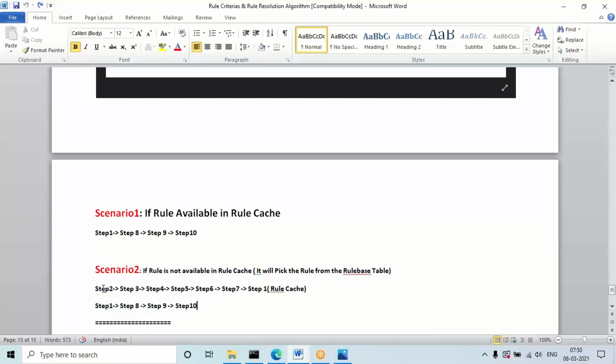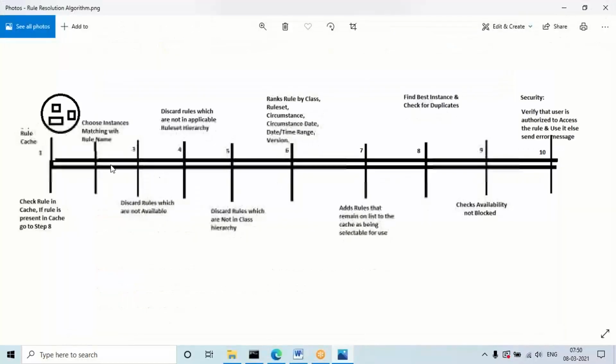So once again, first of all it will find the best rule. Sometimes I can give the same name for a section, the same name for a fraction, or some other rule also. So with the same matching name, it will filter all the rules with that name and select them in step number 2. Then, after matching and selecting all the rule names, maybe 5 rules or 10 rules can be selected at that time.